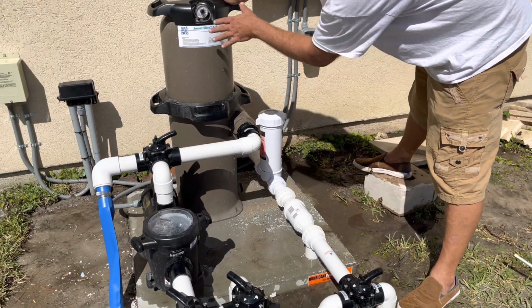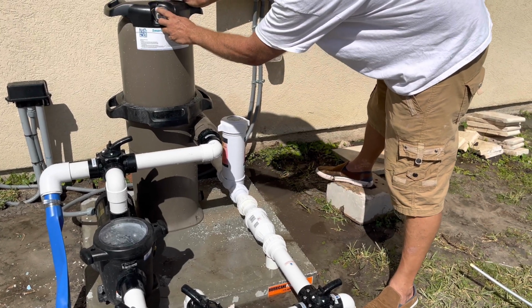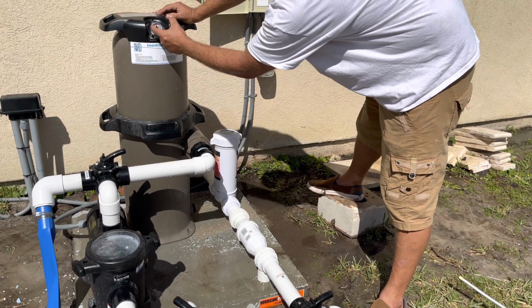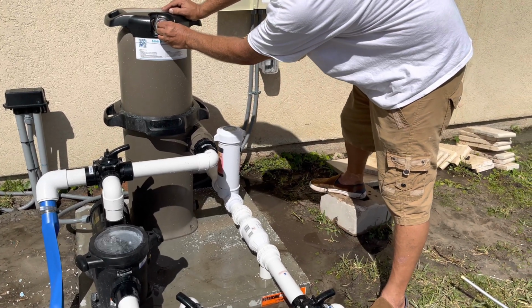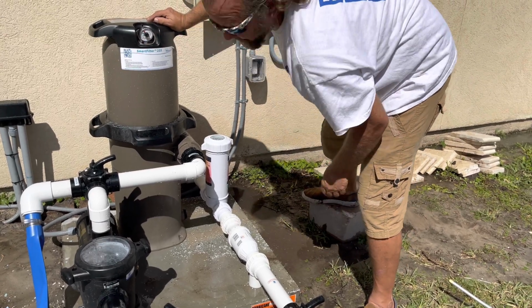So wherever my pressure lands, right now it's at 21, I'm going to cover the black with the green, all right? Now, as this starts to get dirty, pressure will build up. That black line's going to increase. When the black gets close to the red, it's time to clean, 10 pounds of difference. So don't wait till the black gets all the way to the red. I'd say when the black is right there, I'd go ahead and